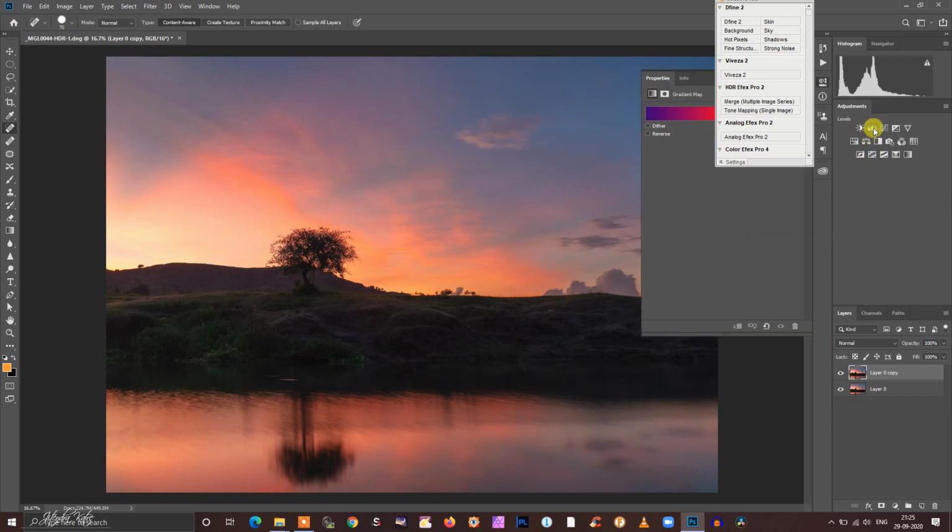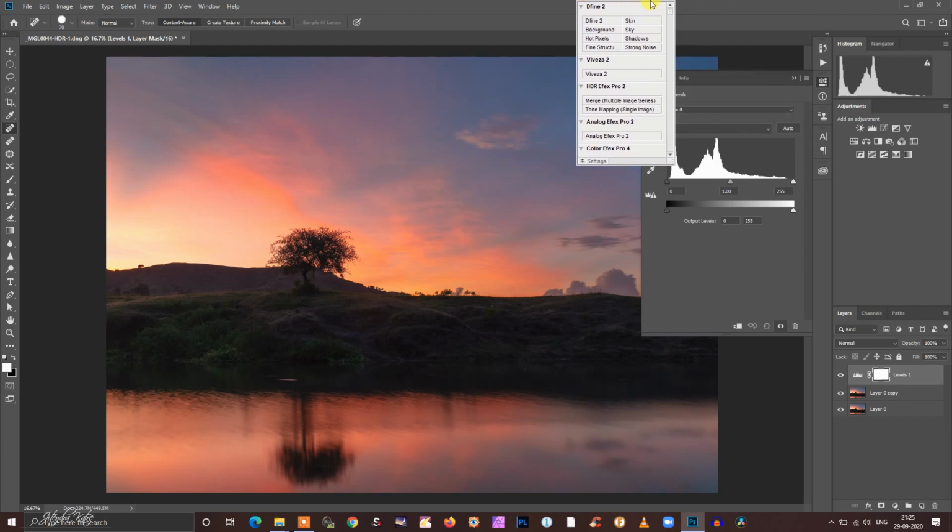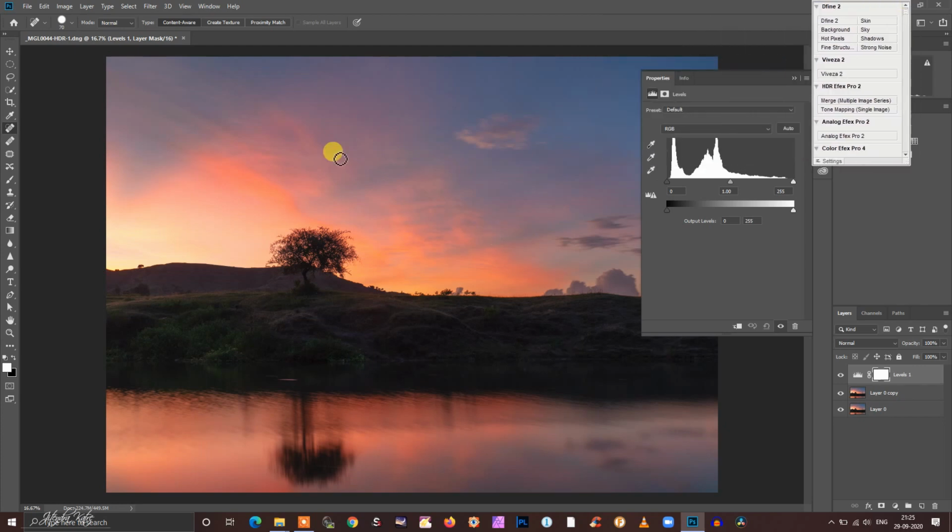Now I will launch levels adjustment layer, and now to the mask here I will apply a gradient mask. I will select this one. By pressing shift, if you apply this mask, it will be in a straight line.